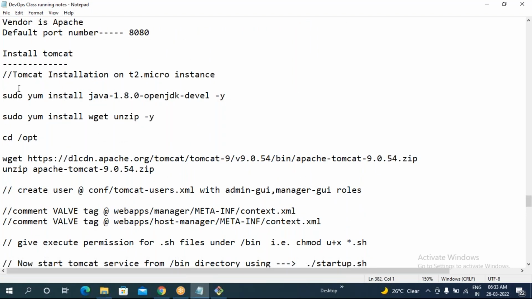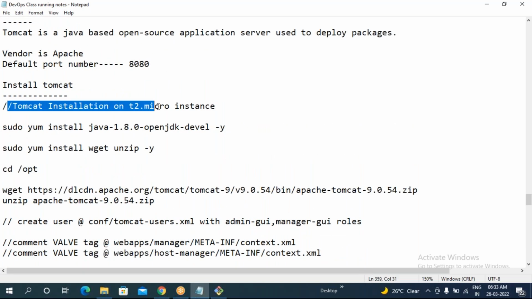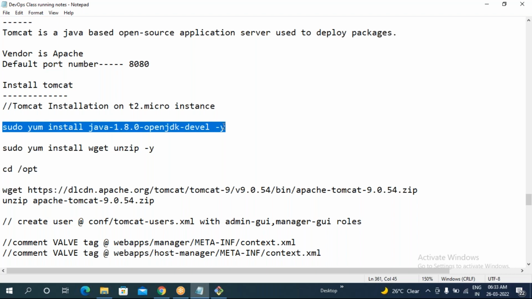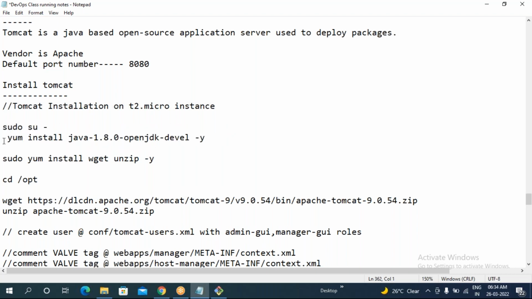Okay. If you want to install Tomcat, you have to follow this step. You can see, Tomcat installation on a machine. First, I have to install Java, right? If you don't want to use sudo, you have to switch to root user, right? Let me switch to root user. I don't want to use the sudo. Then what to do means I should do sudo su hyphen, switch to root user. Later, try to install